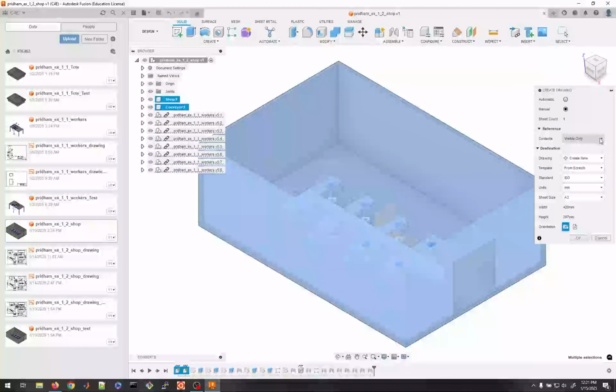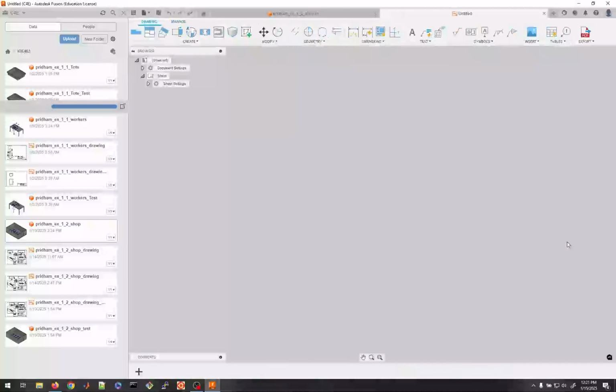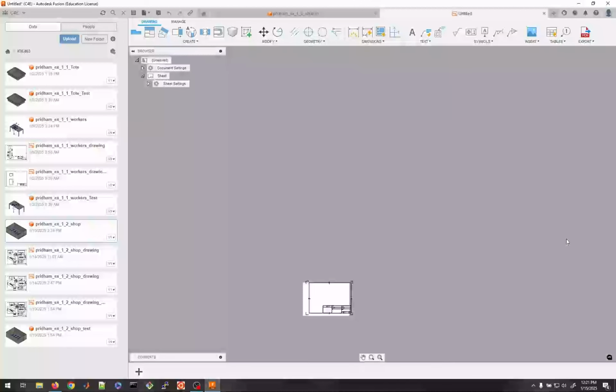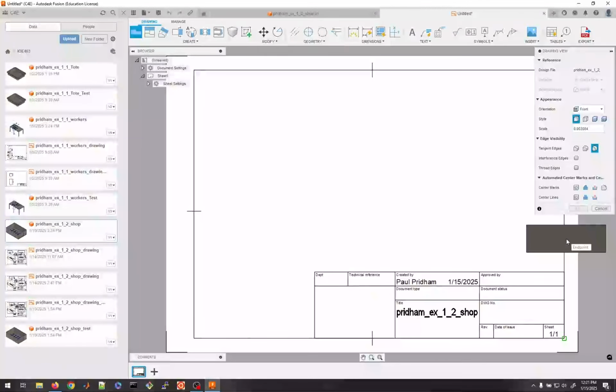We're going to do visible only. You could do the full assembly, but we don't necessarily have anything hidden that we want to include, so visible only works. Units millimeter, we're going to do A4 paper, and orientation landscape. So that looks good, so I'm going to go ahead and click OK. It's taking a second to populate, and it'll come up with this drawing view window to allow us to select